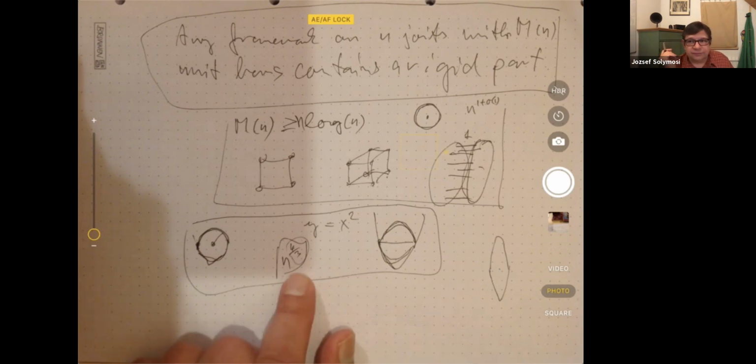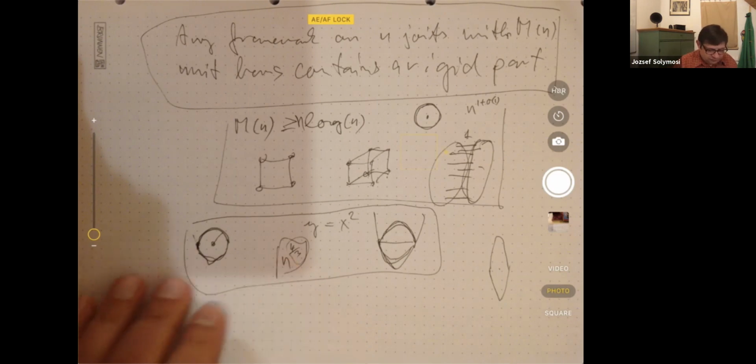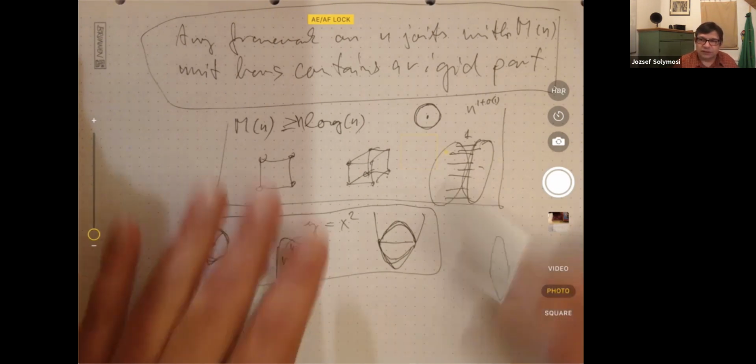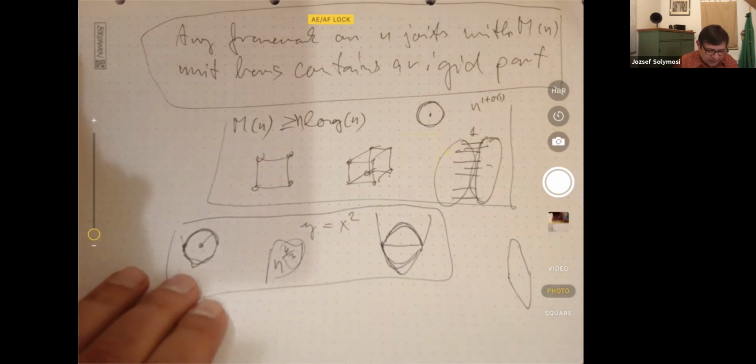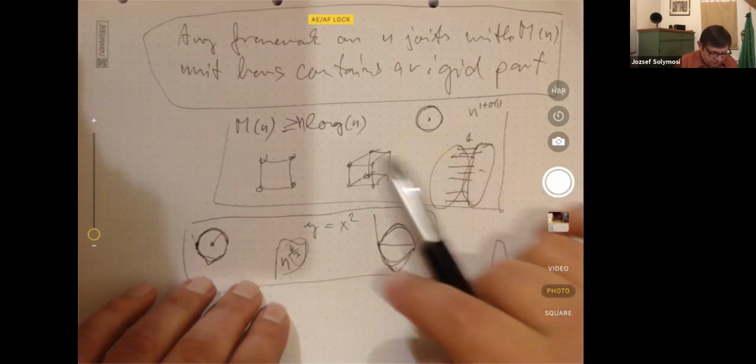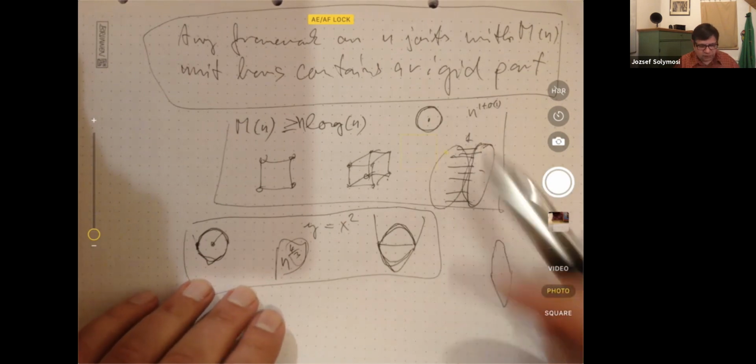So yes, those constructions come from, but that's not really the unit distance. That's the best bound which we can give as an upper bound, and that comes from these incidence bounds.